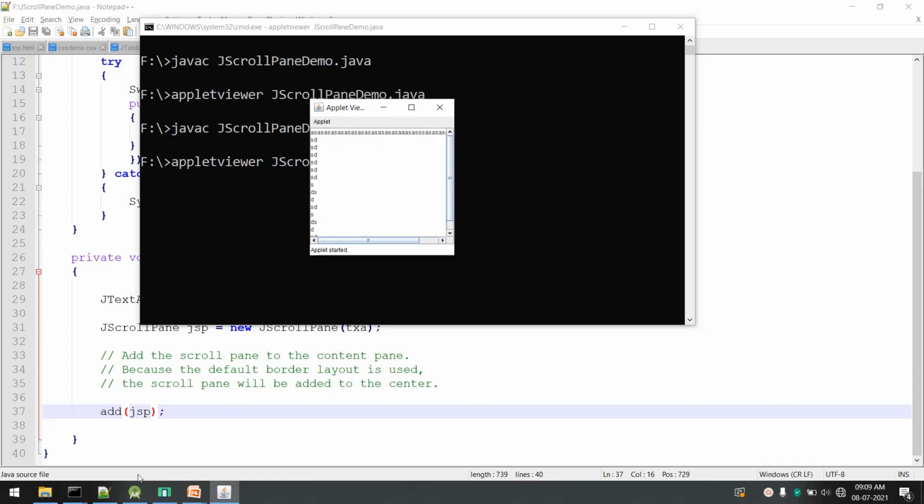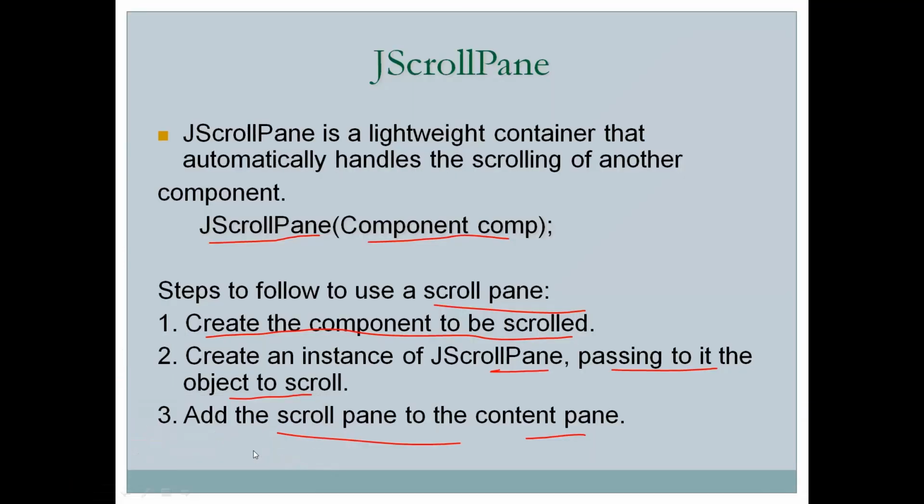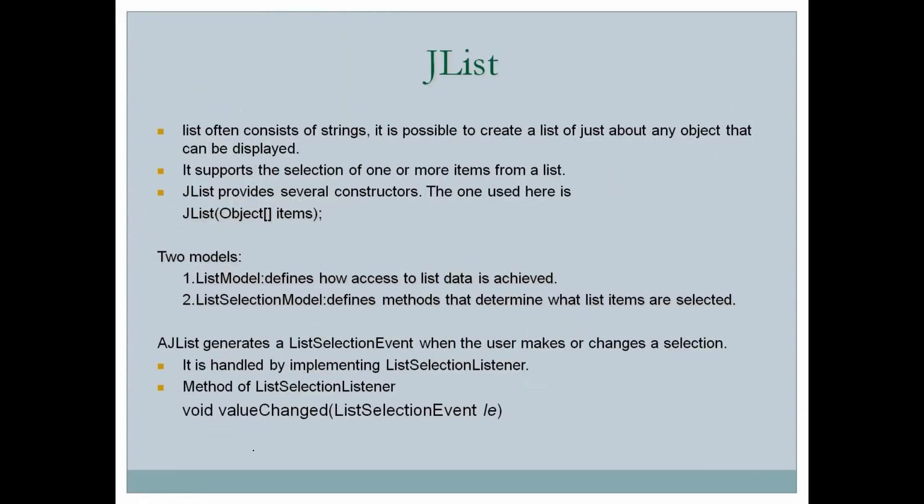Okay, so that's it about the JScrollPane. The next component which we will study is JList. The JList component is usually used to display a list of items. Whenever we want to display a list of items on the GUI, we can use a JList component.